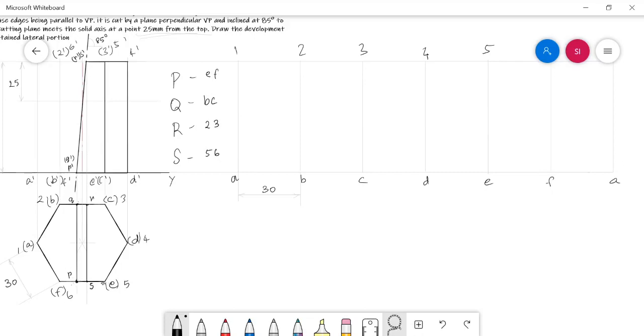So from E, what is the distance between E and the point P? See this distance. We need to measure this distance. This can be easily done with the help of the compass or the divider. Here I am explaining how to mark it. So from E, what is the distance of the point P? Measure this distance and mark the same here. So from the point E, at that distance mark the cut point P.